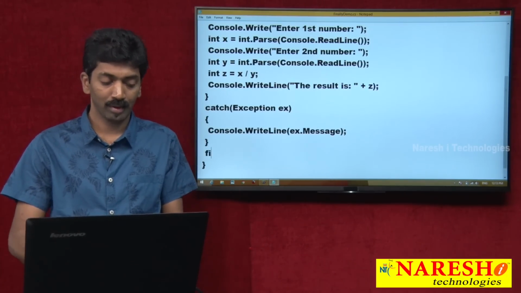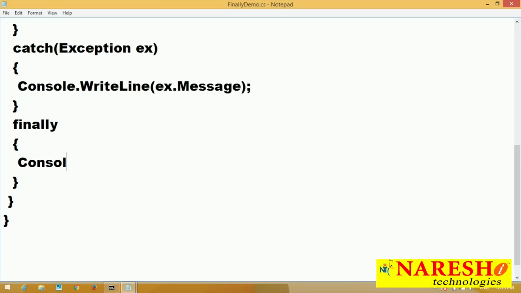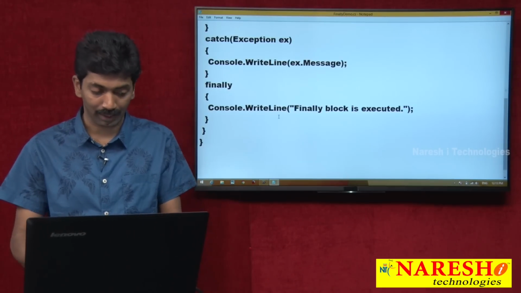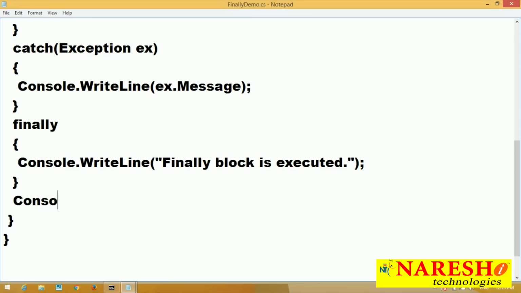And now finally, Console.WriteLine("finally block is executed"). And after this I am again writing Console.WriteLine